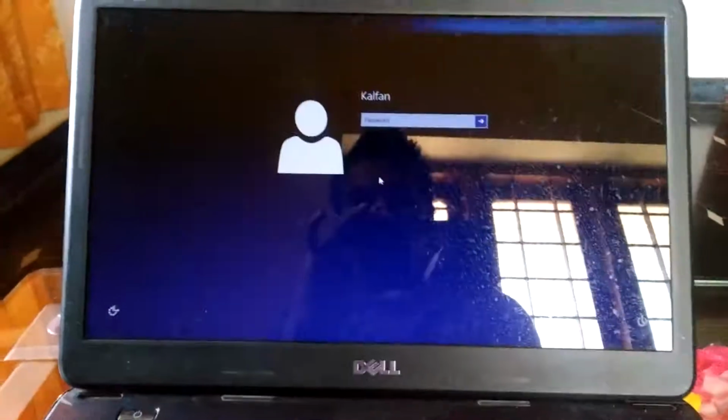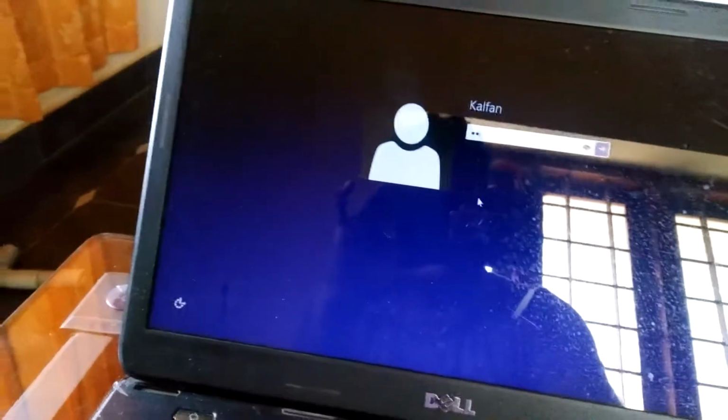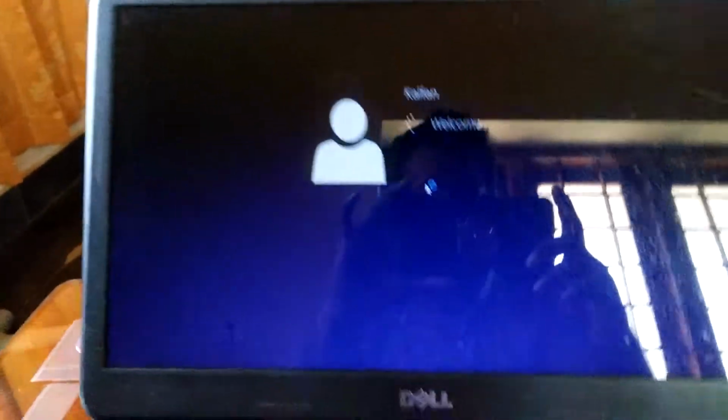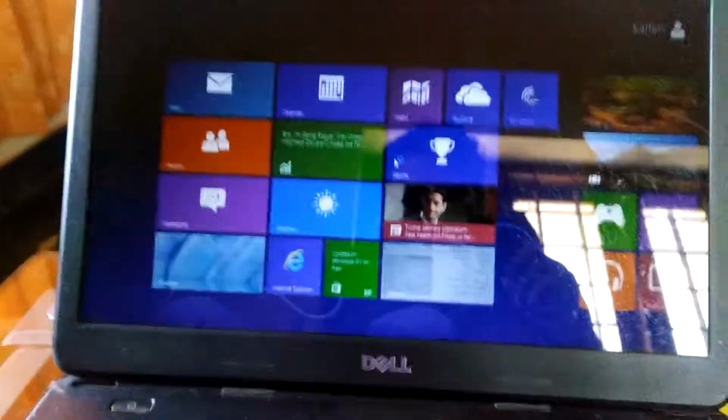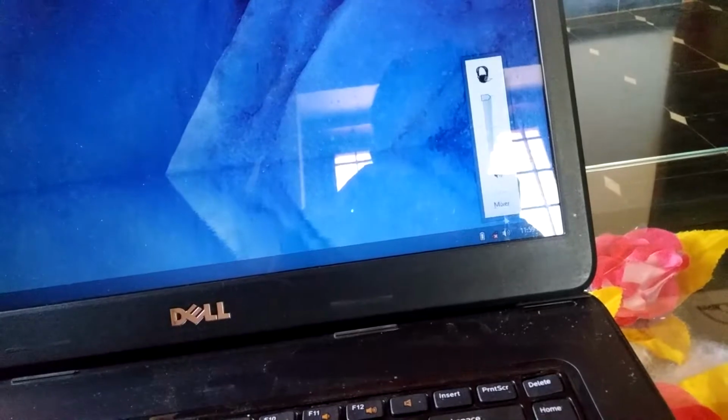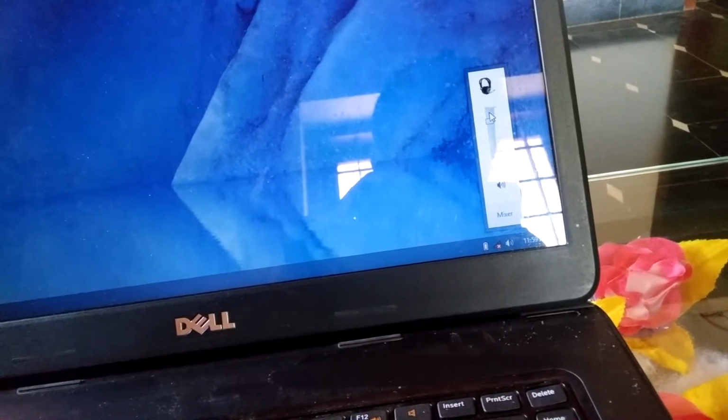And the booting is much faster than the previous one. I think our PC is ready and back to its normal state. There is no beep sound and we can check whether the speaker is working. I think it's working.